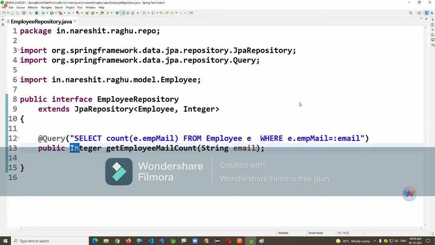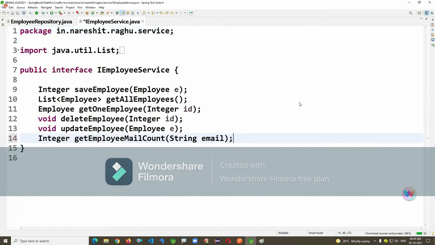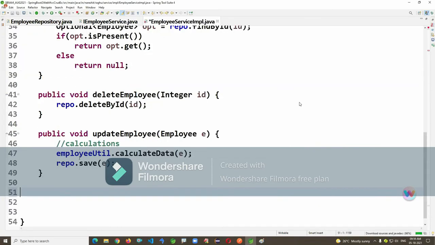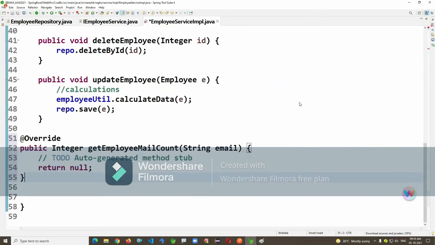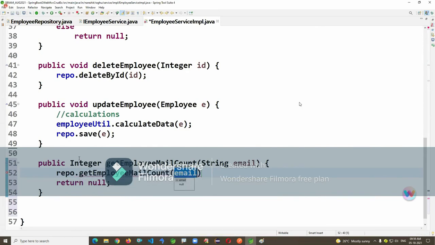Now this method I am writing in the employee service. Write the method in employee service impl. Now there I'm writing repo dot get employee mail count, which returns a long or integer, the count.